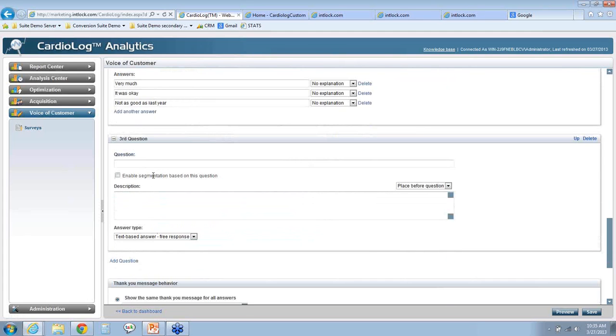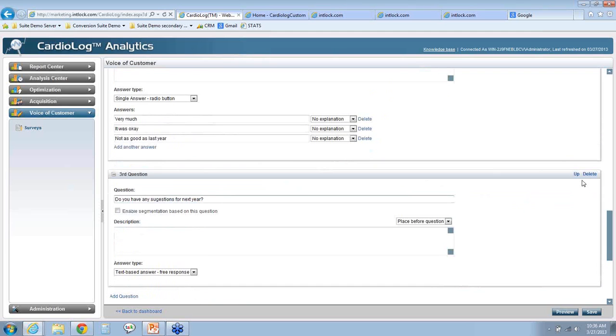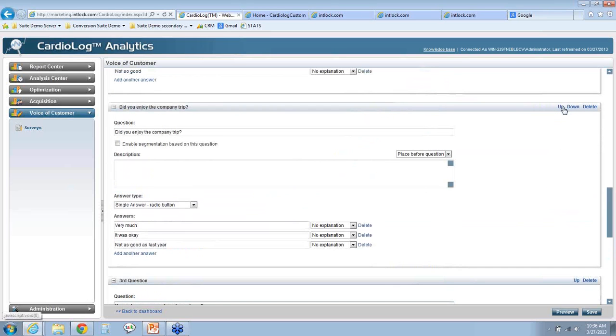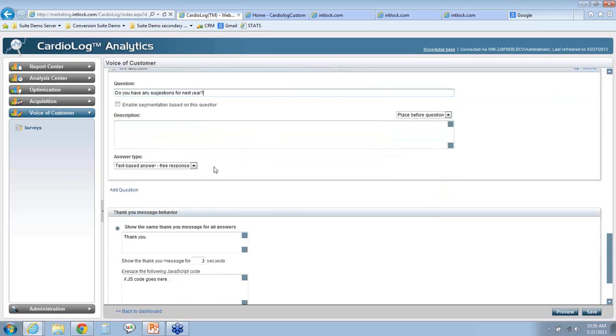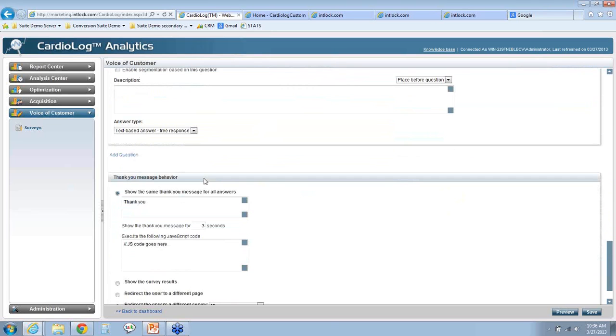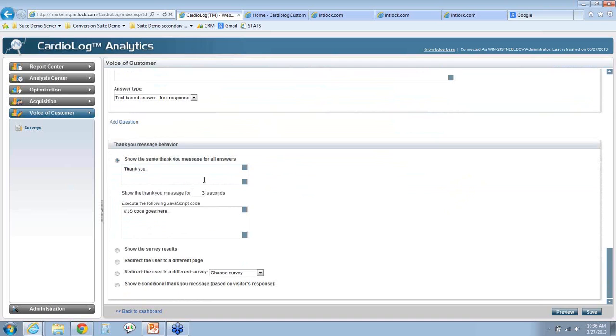Let's add one more here. And we'll keep this as an open text-based answer. And of course, we can change the order of the questions here with up and down on the right-hand side, and also remove a question. So very easy to add as many questions as I want, define where they'll appear and who they'll appear for,